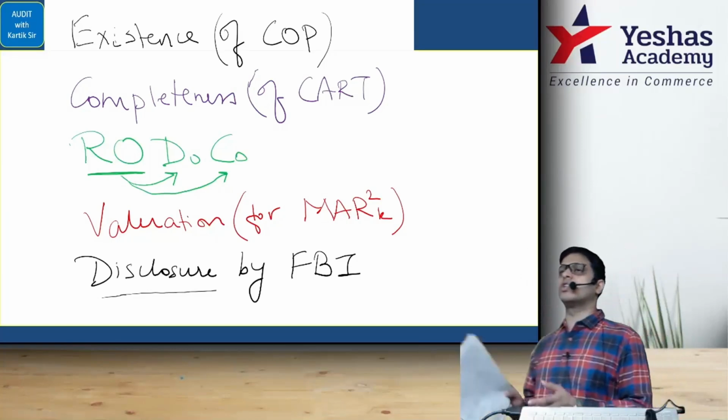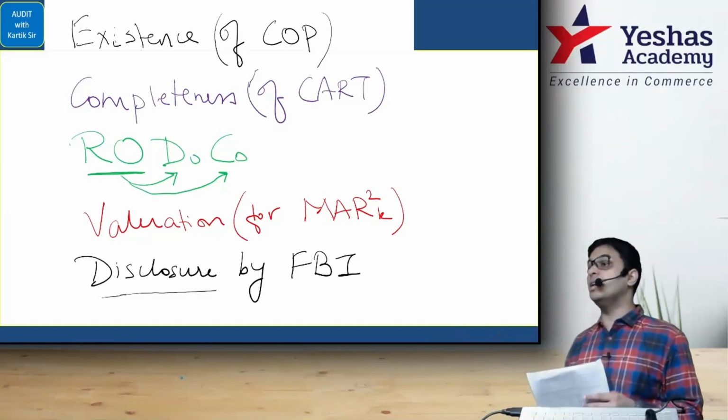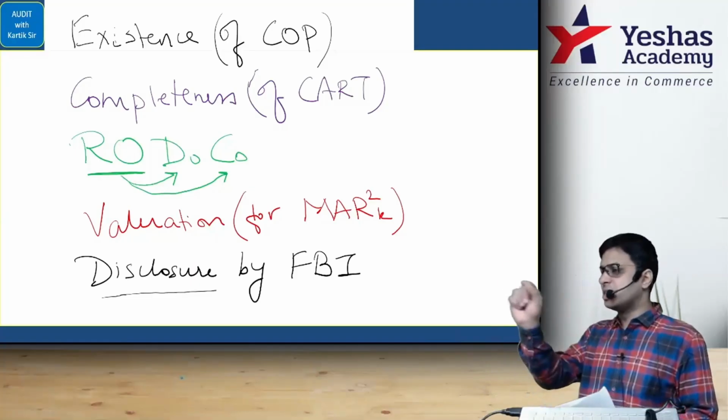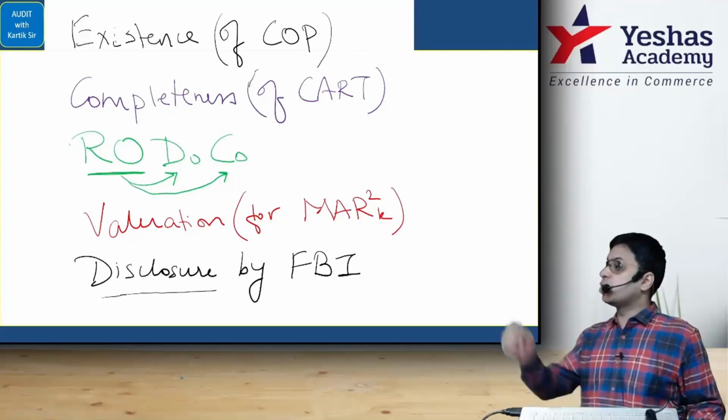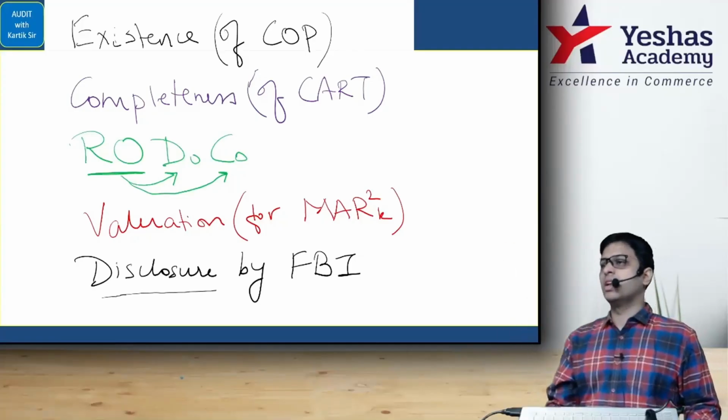Example, as per AS 20, you have to give on the face of the profit and loss account, you have to give about EPS. Whether that is given or not, that will be in the disclosure checklist. Related party transaction should be disclosed as per AS 18, disclosure checklist. So that checklist will be there. Are you there with me?